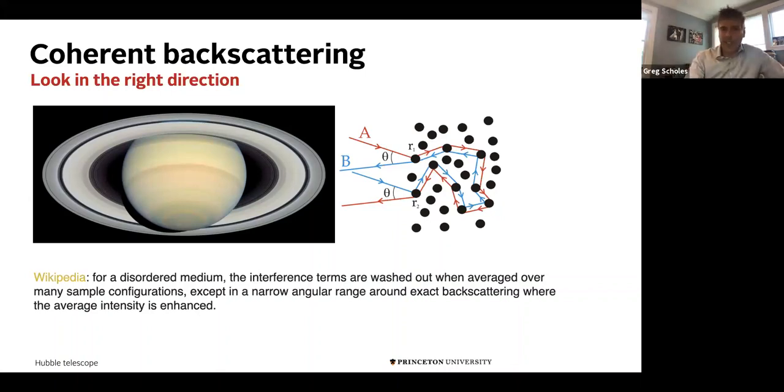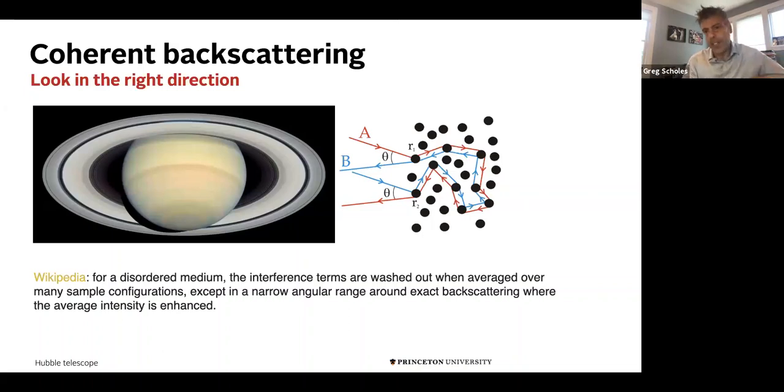Why is that? Well, it's a phenomenon called coherent backscattering. And while just with this picture I'll show you, in your head, you can't work out why this is so, but I can promise you, you can easily demonstrate this, is that when the sun is at any angle in the sky,